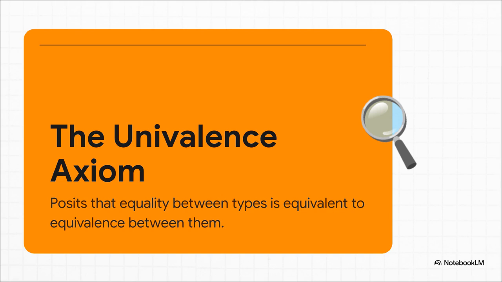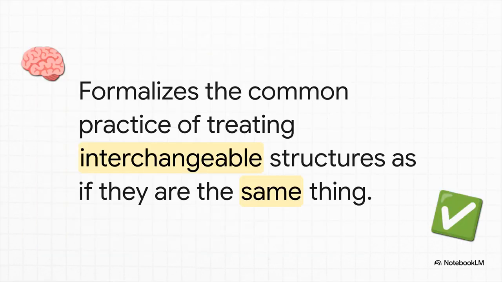It's a new formal law of mathematics that basically says, hey, if two things, or types, are structurally the same, if they're equivalent, we can just go ahead and say they're equal. Full stop. It bakes that donut and mug idea right into the rules of logic. And here's the kicker. This isn't even a brand new way of thinking for mathematicians. They've been doing this kind of thing intuitively forever. Whenever they find two structures that are interchangeable, they just kind of treat them as the same thing. All the univalence axiom does is make that common sense shortcut an official part of the system.